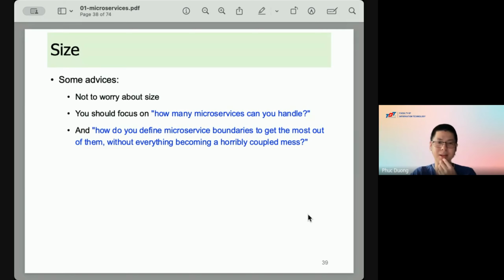Instead of focusing on how many microservices you need to implement, you should focus on how many microservices you can handle. Another piece of advice is how you define microservice boundaries to get the most out of them without everything becoming a horrible mess.